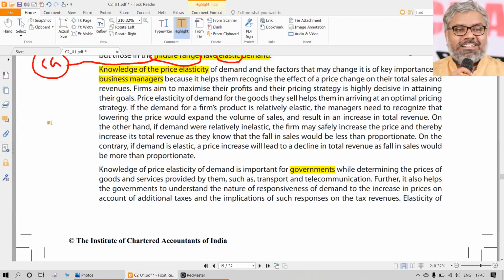They should understand very precisely, and according to that category, they should also observe and study whether this product has a relatively price elastic demand or a relatively price inelastic demand. According to that, their pricing decisions have to depend, because pricing is a very, very important decision in any organization. Always it is a question mark, right?